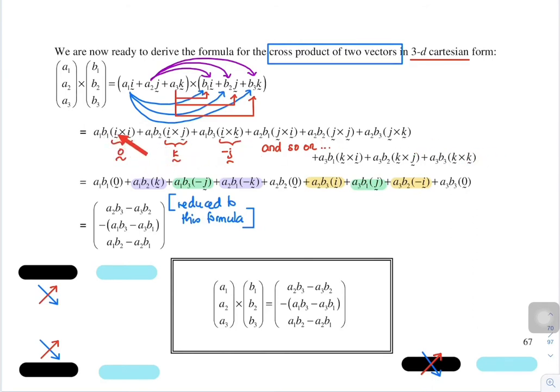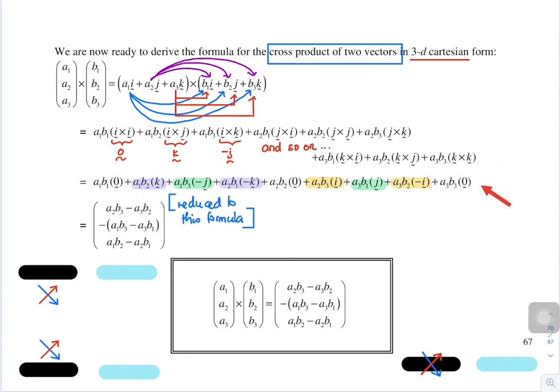A1 b1 I cross I. We saw before that I cross I will give us the 0 vector. A1 b2 I cross j. I cross j will give us the positive k. A1 b3 I cross k. I cross k will give us the negative j, and so on and so forth. With this result, we can reduce it to this,